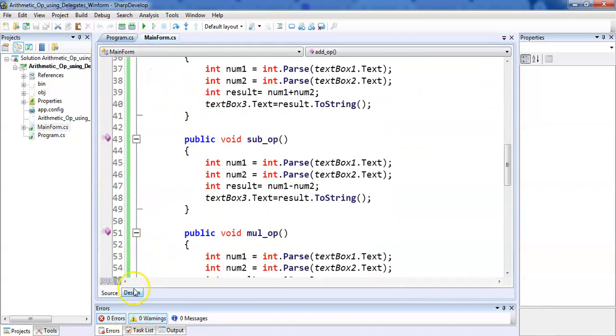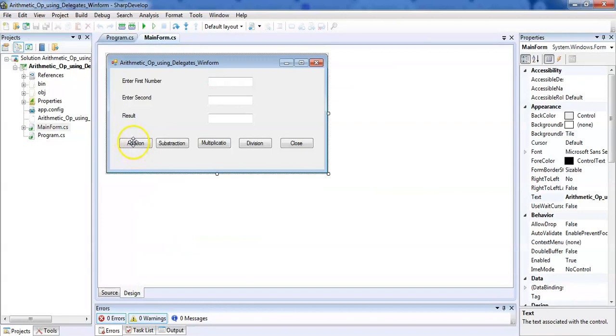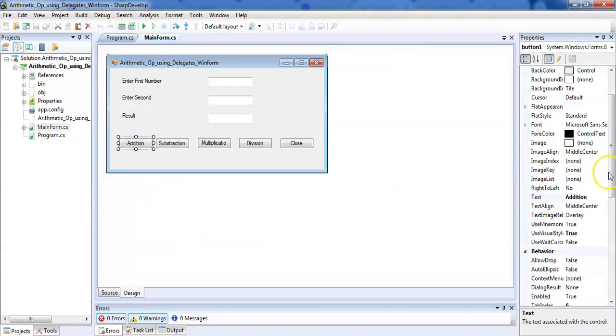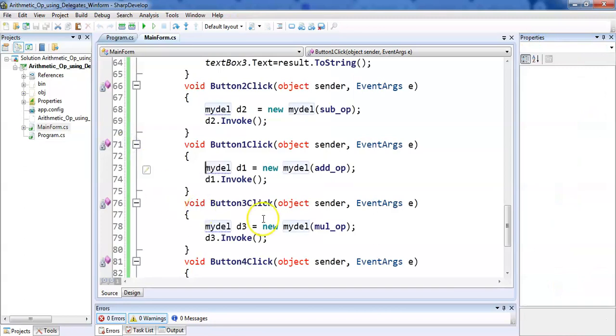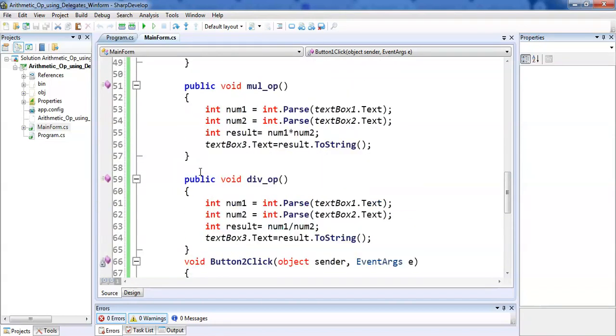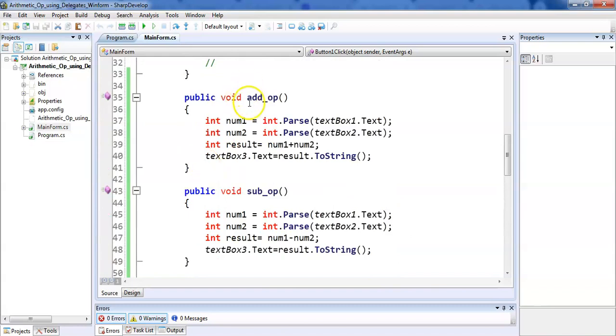Whenever we click on this particular button, addition is button 1. When we double click on this button, it's going to open the button's click event. So in the button 1 click event, we are going to perform the addition operation through delegates.